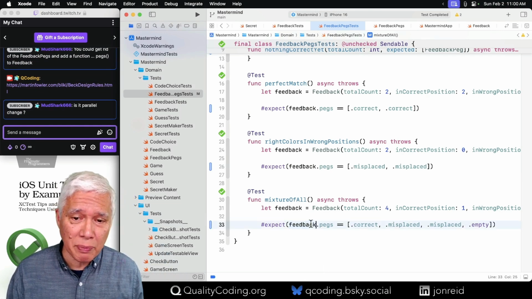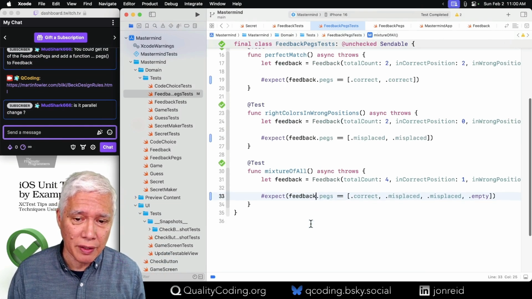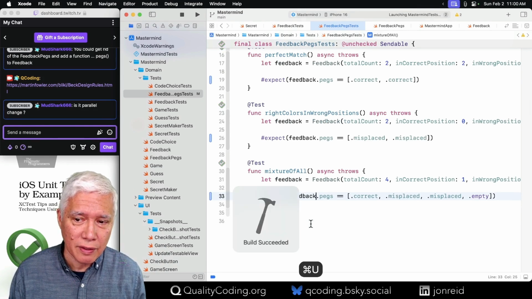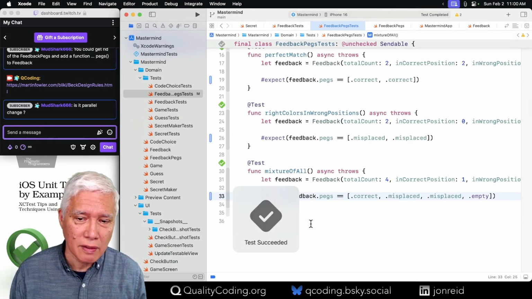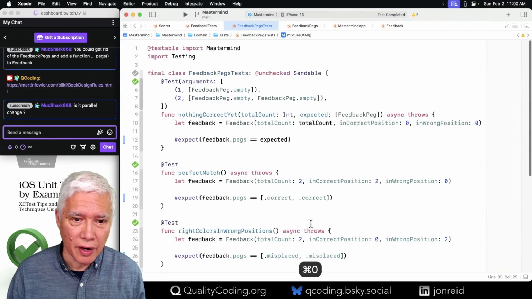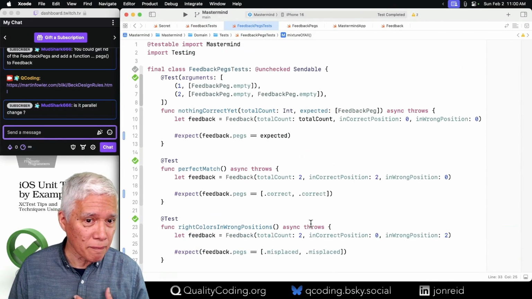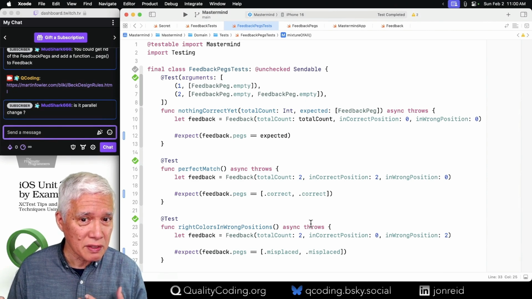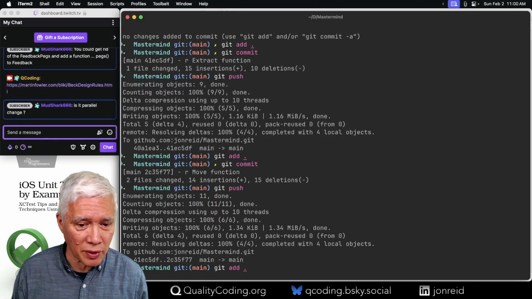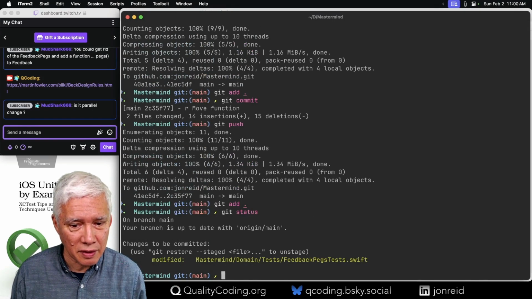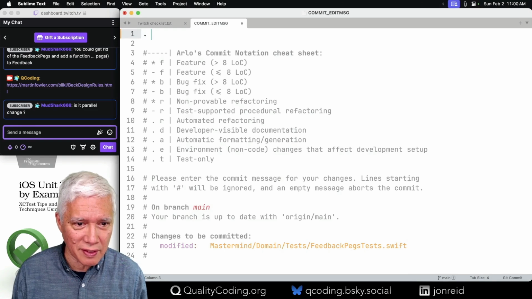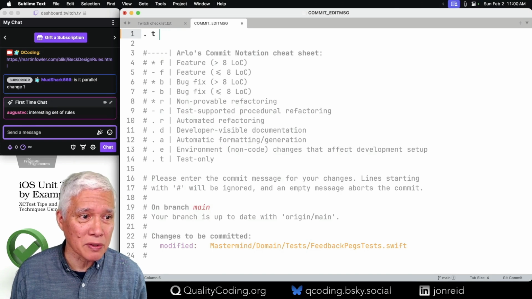We are sort of applying parallel change to get there, in a way. There. Yes. Now we've switched over, and now feedback pegs isn't called. But first, let me commit this because it's green. I'm going to show the whole thing so that folks keep seeing it. This is a test-only change, this is a parallel